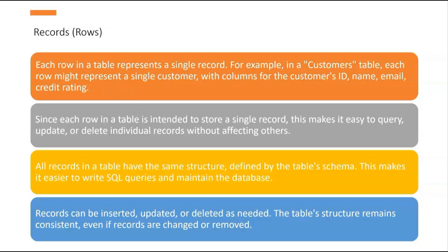For example, in a customers table, each row might represent a single customer, with columns for the customer's ID, the customer's name, the customer's email, credit rating. Since each row in a table is intended to store a single record, this makes it easy to query, update, or delete individual records without affecting other records. All records in a table have the same structure defined by the table's schema. This makes it easier to write SQL queries and maintain the database. Records can be inserted, updated, or deleted as needed, and the table's structure remains consistent even if records are changed